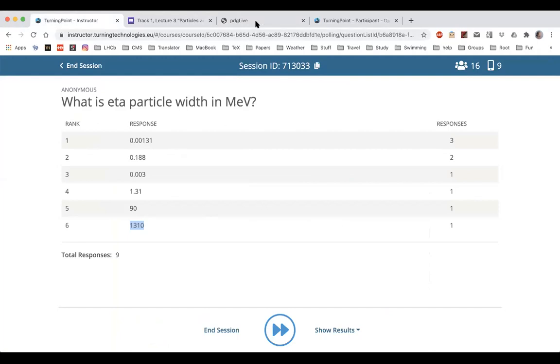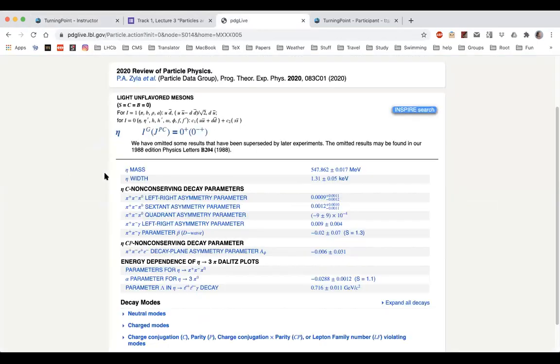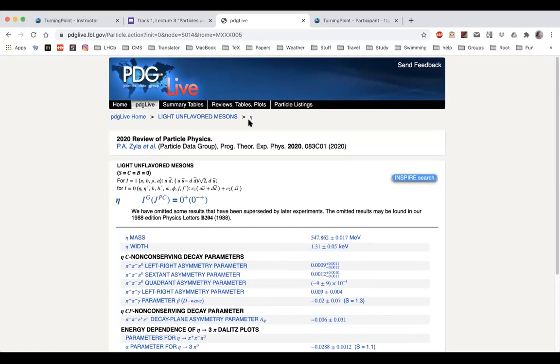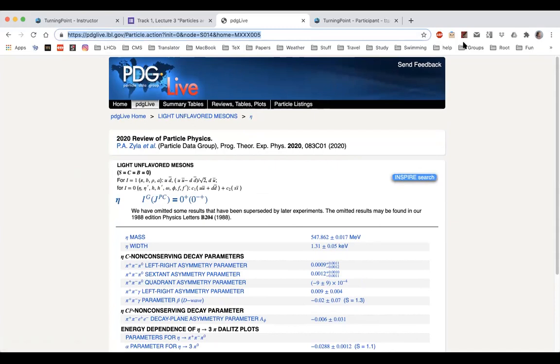But in any case, just for you to understand what is being asked for, if you go to the description of the ETA particle, I pasted the link in the chat so that everyone can go there as well if they didn't find it yet. And you can see here the first 2 lines. First is ETA mass, 547 MeV, and second is ETA width, 1.31 keV. So you can see that